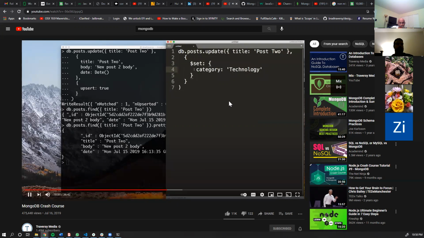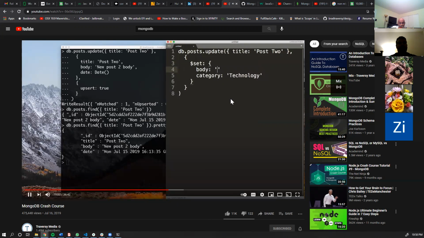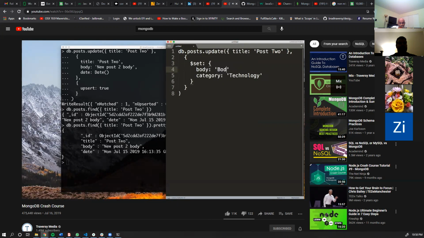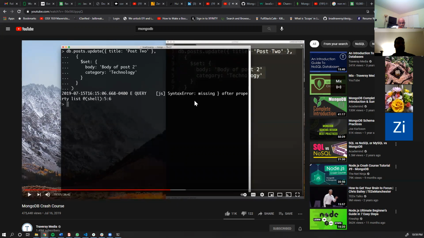So using set, it's just going to update this, or in this case add it because it's not even there. But if we wanted to change something else as well, like let's say the body, we'll change the body back to, was it body of post 2? Let's copy that and run that. Okay, so I got a mistake. What did you miss? Comma. Again, comma, a mistake. Okay, so